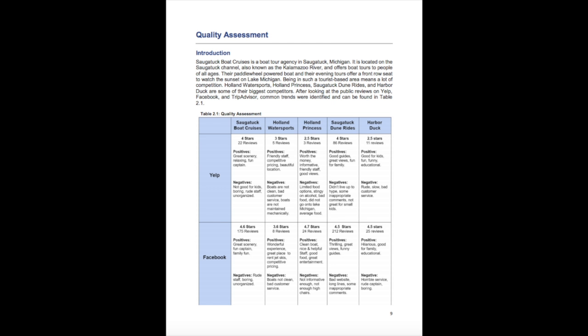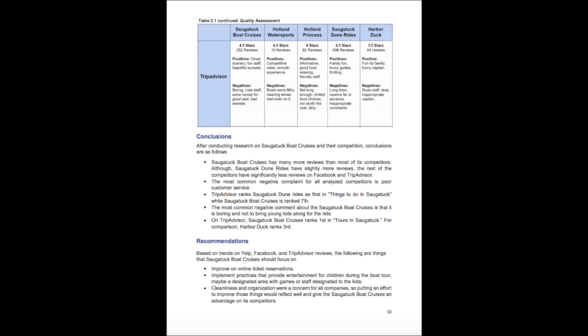The next thing we looked at was the quality assessment. For this section, we found 4 competitors and compared Yelp, Facebook, and TripAdvisor reviews from each company. We listed the average rating, number of reviews, a common positive review, and a common negative review. This is an excellent tool to see where your company stands in comparison to the competition and how you can